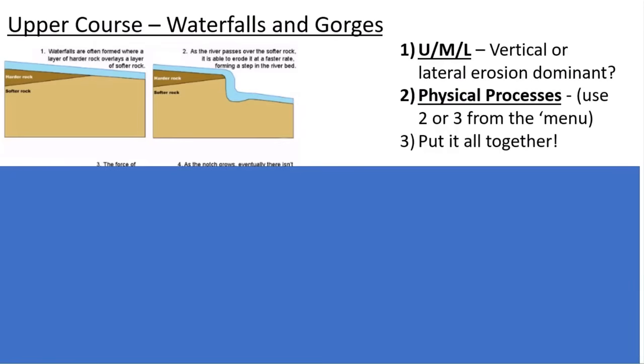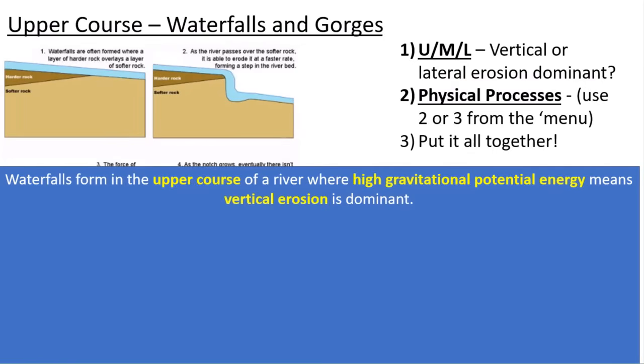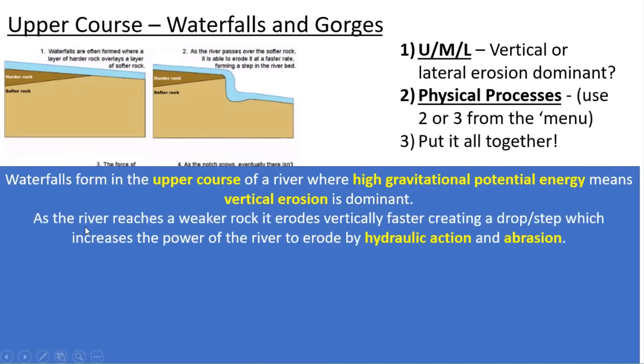So, waterfalls and gorges. Waterfalls form in the upper course of a river, so upper, where high gravitational potential energy means vertical erosion is dominant. Okay, so I've mentioned it's in the upper course, high GPE and lots of vertical erosion, which hence why it's going to be eroding downwards. As the river reaches a weaker rock, so geology is important here, it erodes vertically faster, creating a drop or a step,